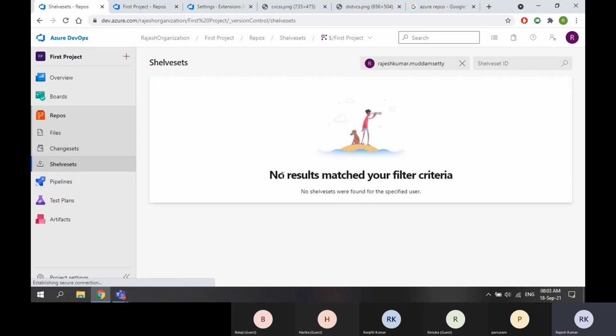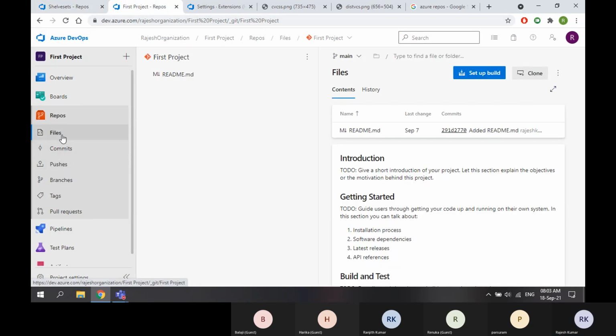Shelvesets, I don't think so, yeah. Why? Because there are no shelvesets, no pushes from any user. So these are two different things: centralized version control system and distributed version control system. Azure Repos supports both.